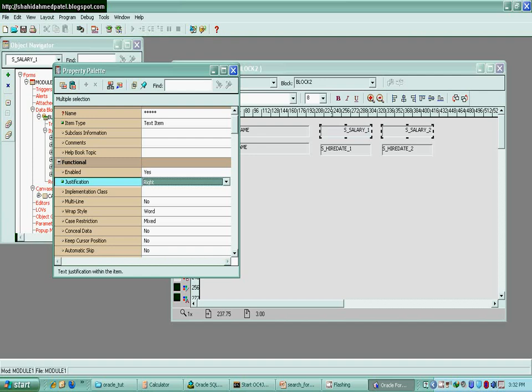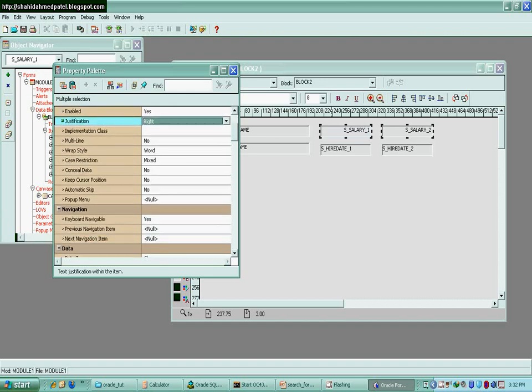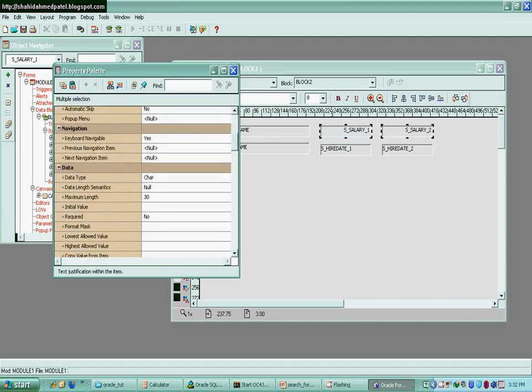on the right side. Also, you can change the data type, which will be number for the salary field. And initial value is not required and required is also not required. You may define the format mask 99999 something, but we are not going to do this here,